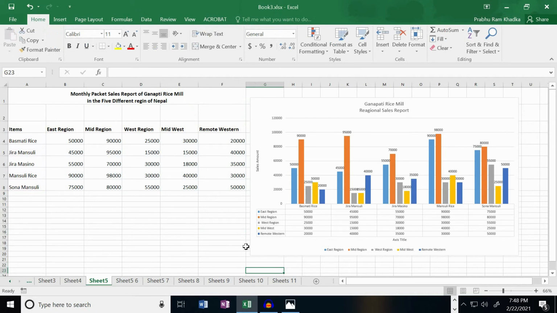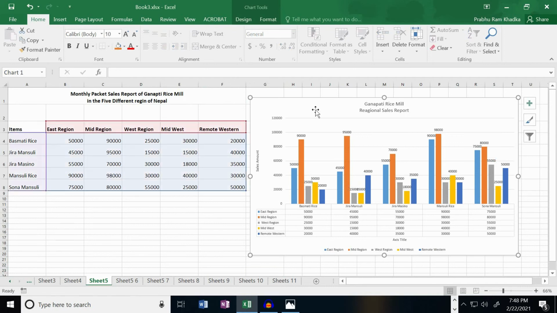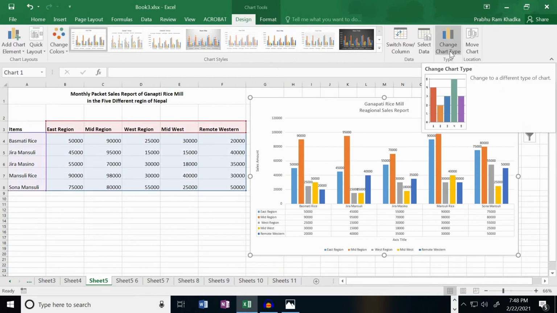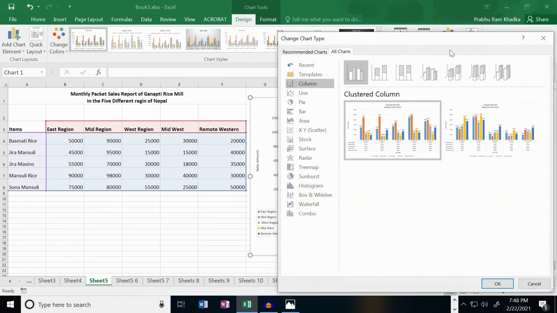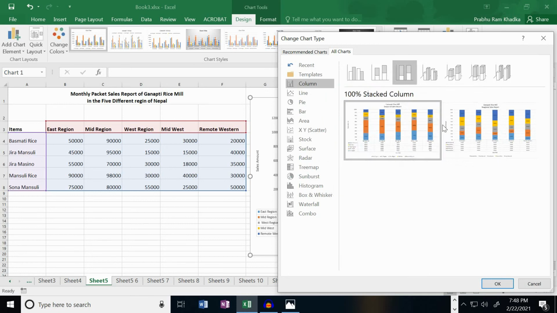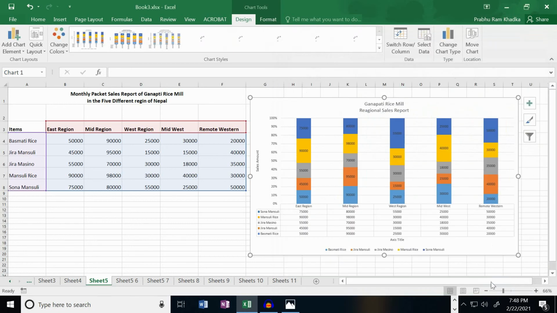Next, number C, format your chart with a desired predefined layout type. Select this chart. Now click the Design tab. Click the Change Chart Type option. Now different types of predefined layouts are over here. Anyone you can select. I like to select this one. Now its sub options are over here. I select it and click the OK button. Look here, its layout is changed.